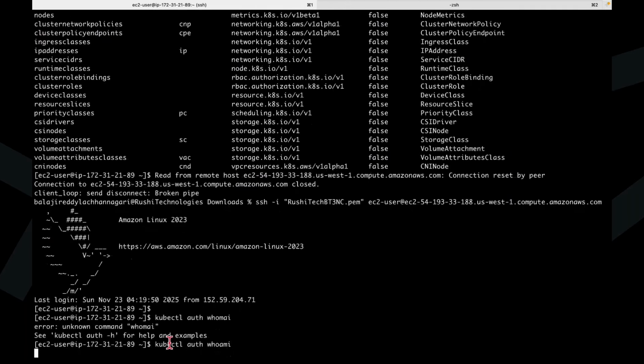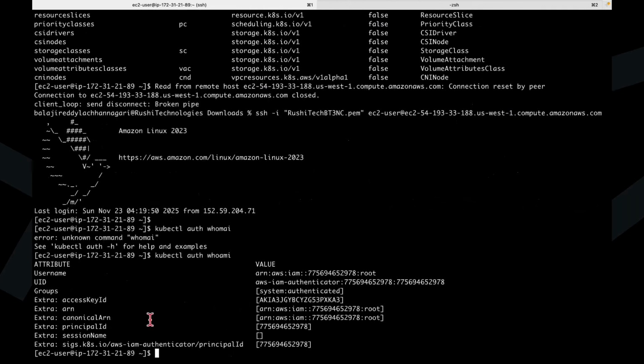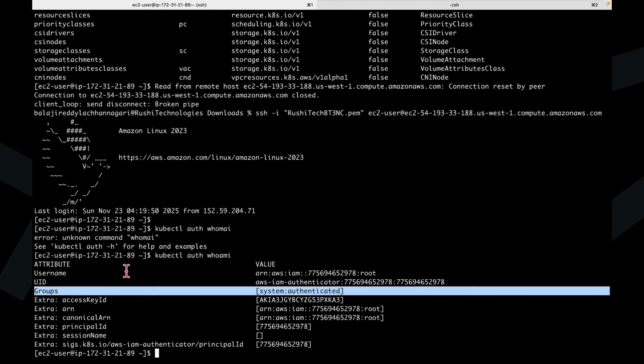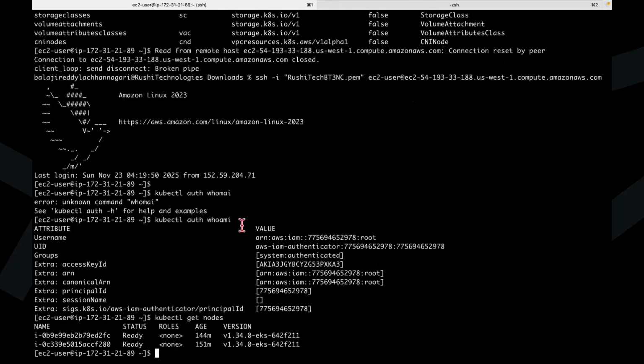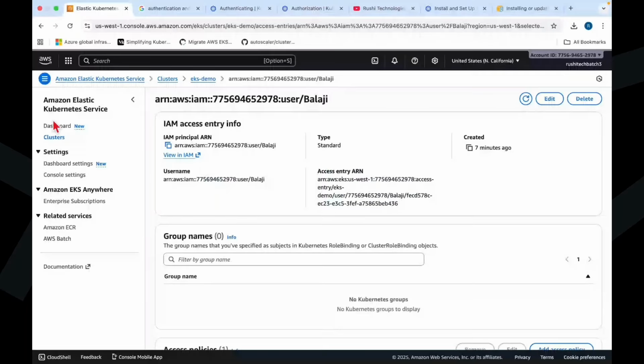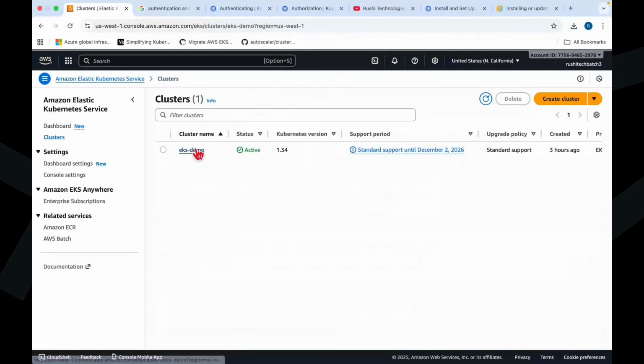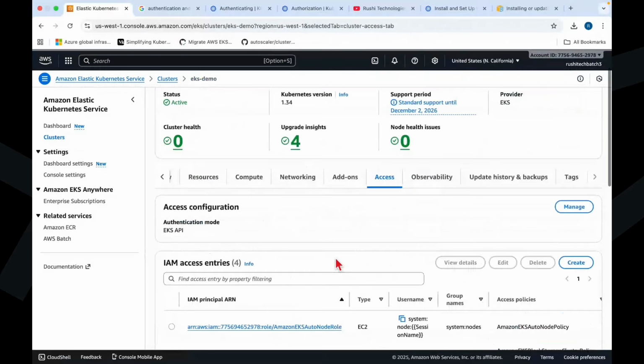This is my system where I have admin credentials. As this user, we have already authenticated. This is a user who already created a cluster. So this user has full permissions in the cluster; he can create roles and role bindings also, because if you see here, in cluster, access entities, you can see